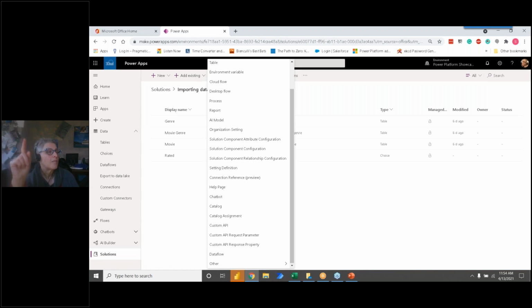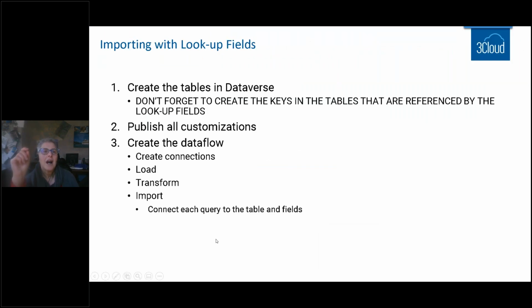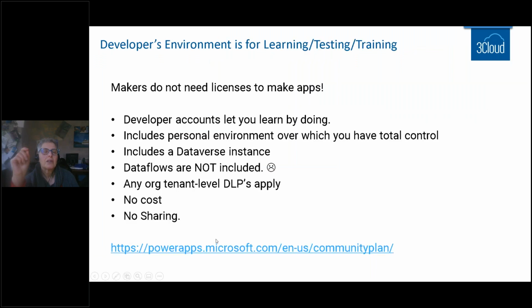And then you also ask about licensing. So this is something really interesting that I just found out this week. Makers do not need licenses to make apps. It's a lot like with Power BI, how you don't need a Power BI license to use Power BI. What you need the Power BI license for is to share what you created. And the same is true in Power Apps.